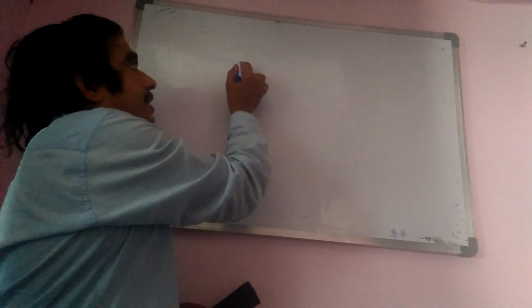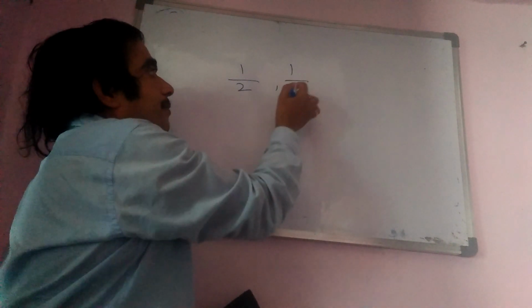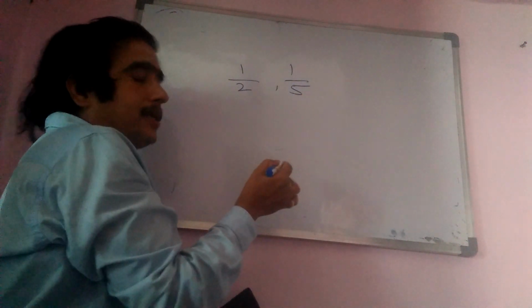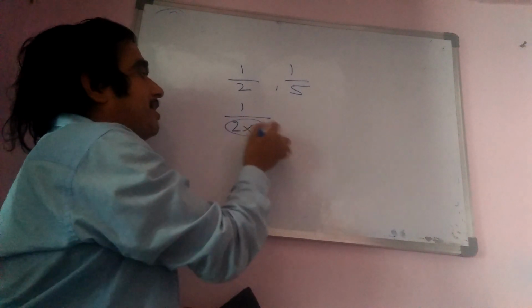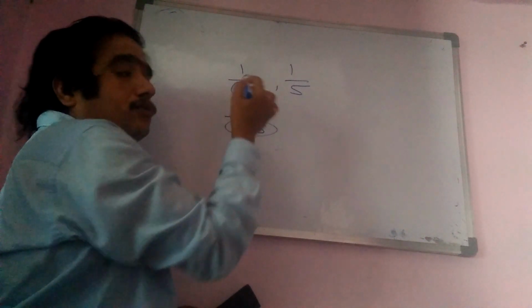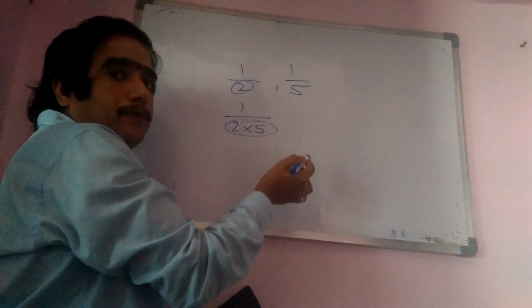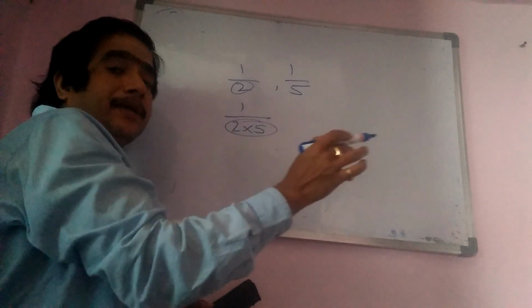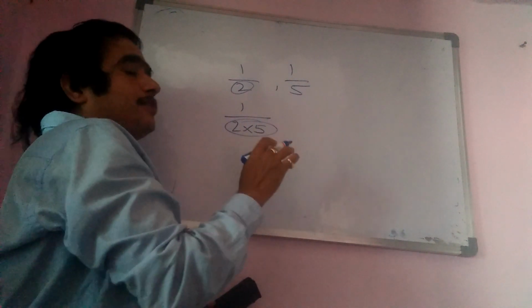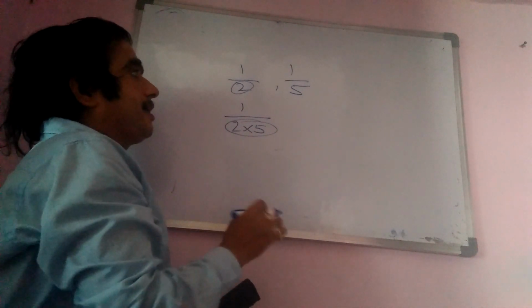Okay. So, how to know whether the given fraction, without dividing, comes terminating or non-terminating? If the denominator is 2, or if the denominator is 5, or if the denominator is 2 into 5 multiples, either 2 multiples or 5 multiples or 2 into 5 multiples, then it will become a terminating decimal. Otherwise, for any other prime number, it will become a non-terminating decimal.